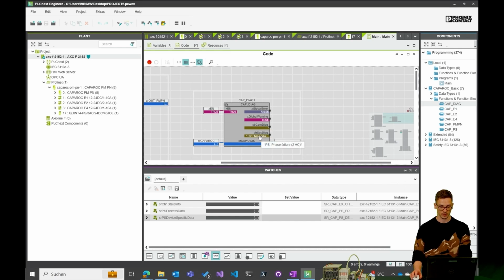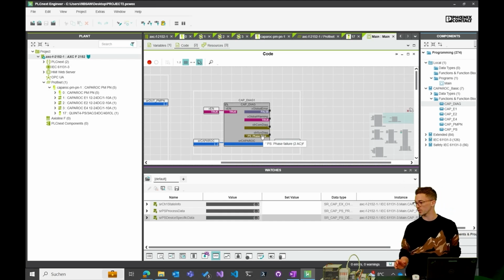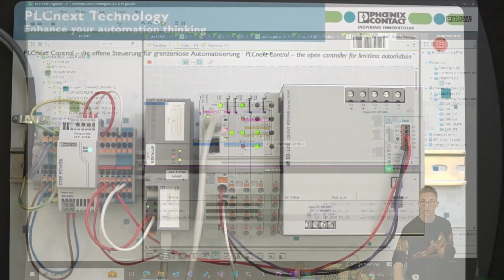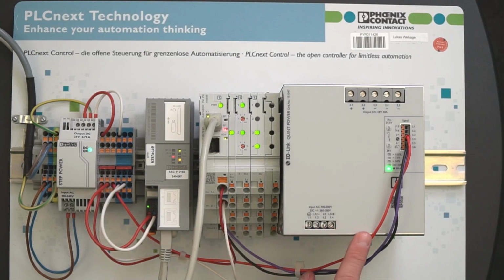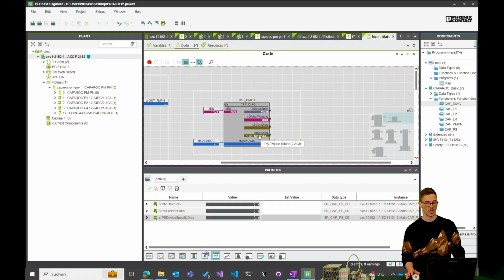But here we have a phase failure. It's not a real phase failure, because if I can show you my hardware structure here, I have not attached any input AC here, so this is what it detects. So if I would attach an input AC here, the error would go away. In case it's 3 phases; if it's 2 phases, this error would still be live. So yeah, this is it.